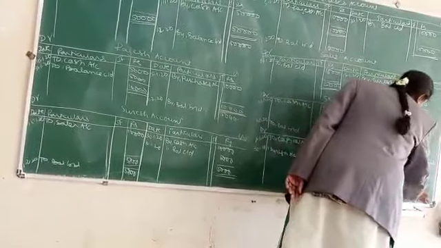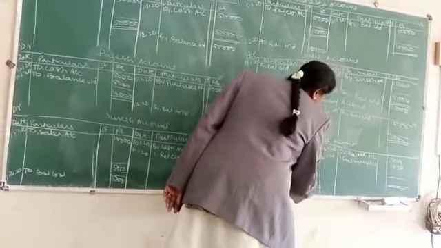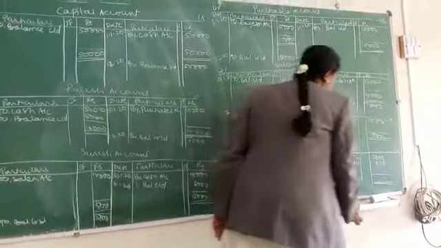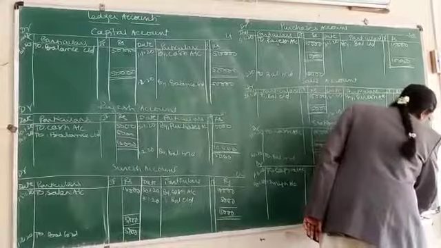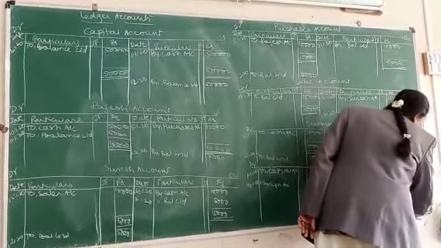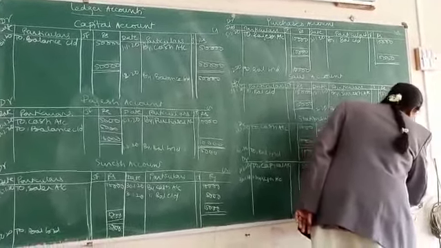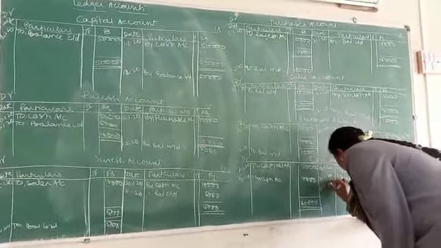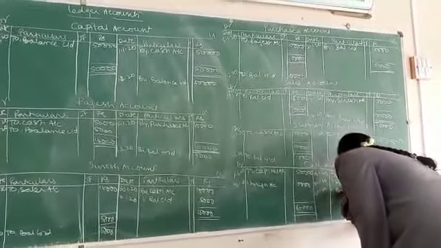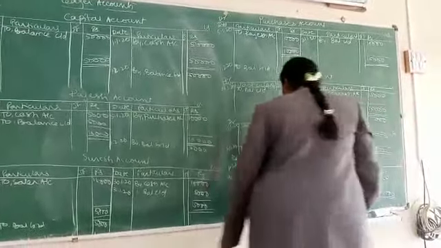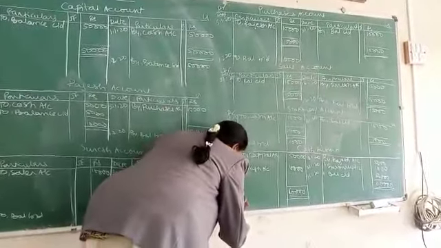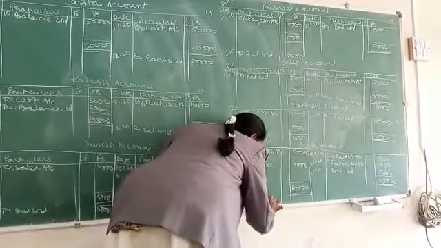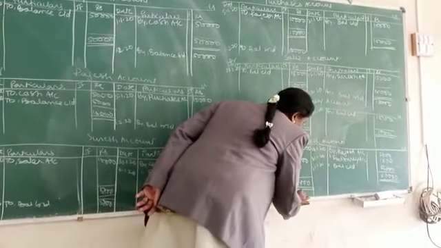Come to the cash account. Leave one line, close it. Always debit will be heavier most of the times. Write it as 60,000. Minus 6,000, you get 54,000. Write the date 31/1/2020. By balance carried down. Come to the debit side. Write the date 1/2/2020. To balance brought down, 54,000.